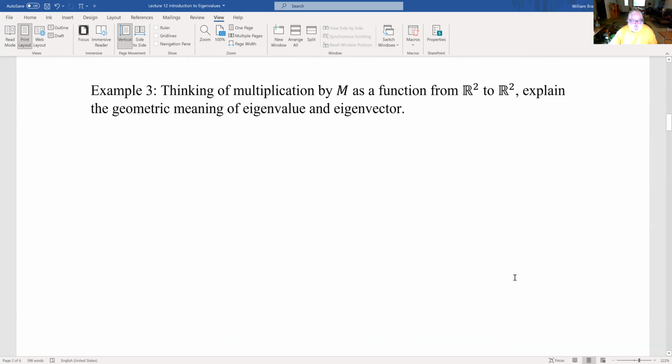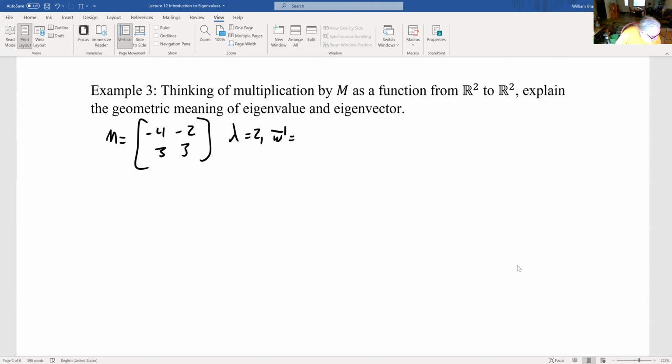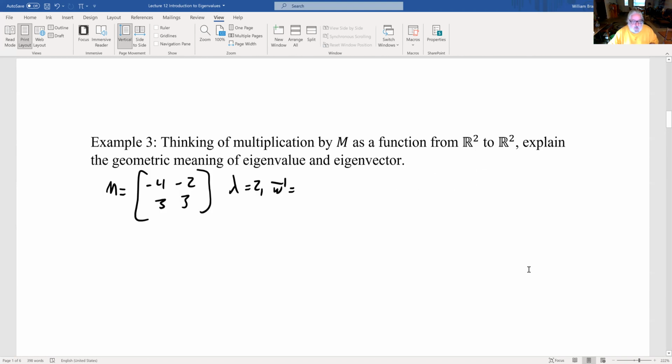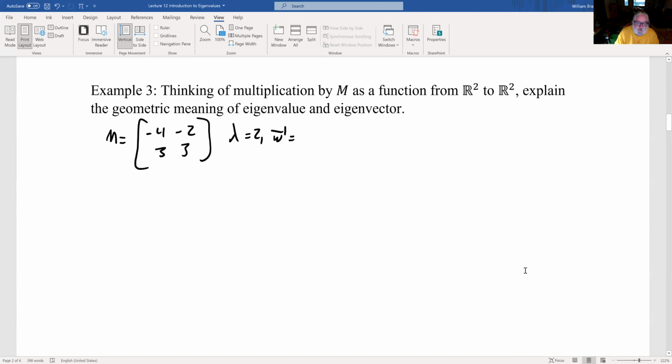So what is the geometric meaning of eigenvalue and eigenvector? We can think about multiplication by M as a function from R2 to R2. So if we have our matrix M, we'll take the example from the first one, which is [-4 -2; 3 3]. And we know that lambda equals 2, W equal to [1; -3] is an eigenvector, eigenvalue pair. So what does that mean